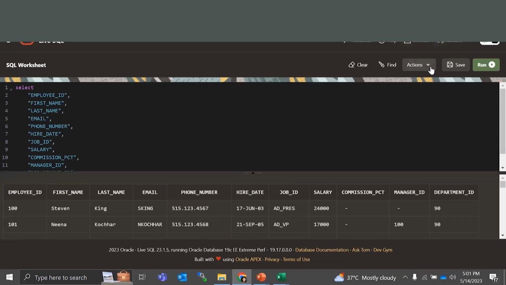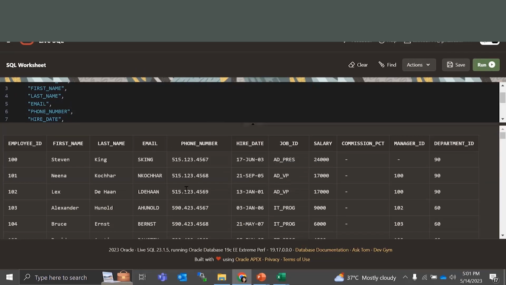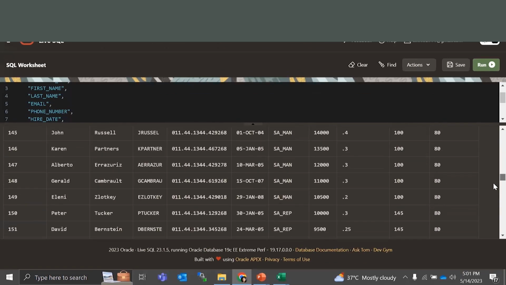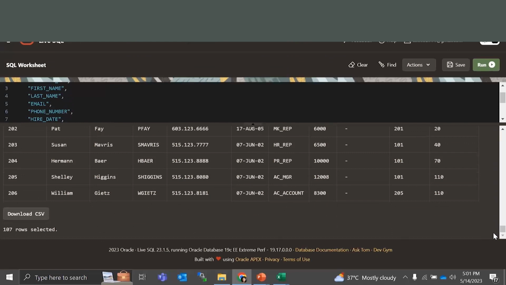To run a query, either you write the query first and then you click on run, or you press control enter. If you press control enter, your query will run. This is the place where you have your output. You see these are the columns, and these are the rows. Now if you go extreme down, you see 107 rows selected, which means there are 107 records or 107 employees